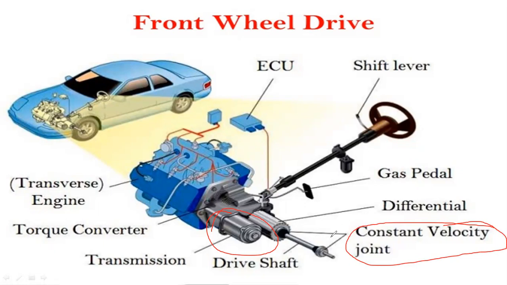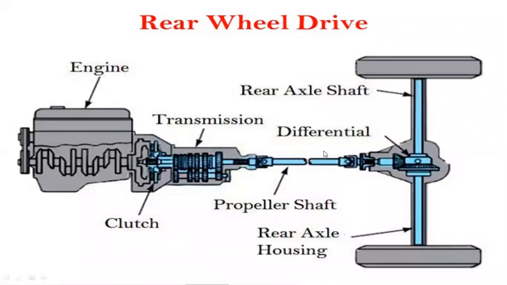By this, the constant velocity joint is connected through the differential. Okay, so it is the drive shaft. That drive shaft is also known as the propeller shaft. In this, the propeller shaft is connecting through the constant velocity joint. In this constant velocity joint, the propeller shaft should be connected, and another end of the propeller shaft is connected through the differential. It is the front wheel drive mechanism of the front wheel drive propeller shaft fitting of the automobile vehicle. Okay, and next one, rear wheel drive.